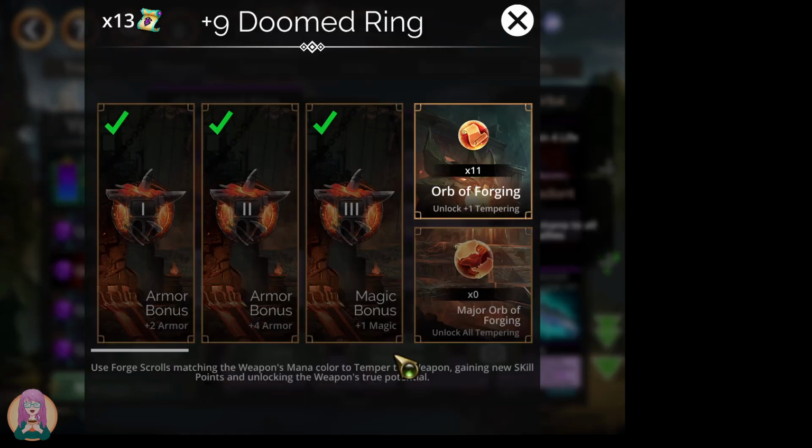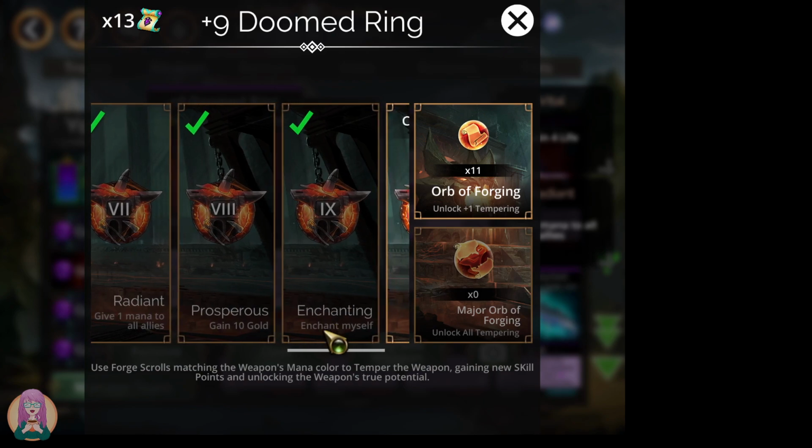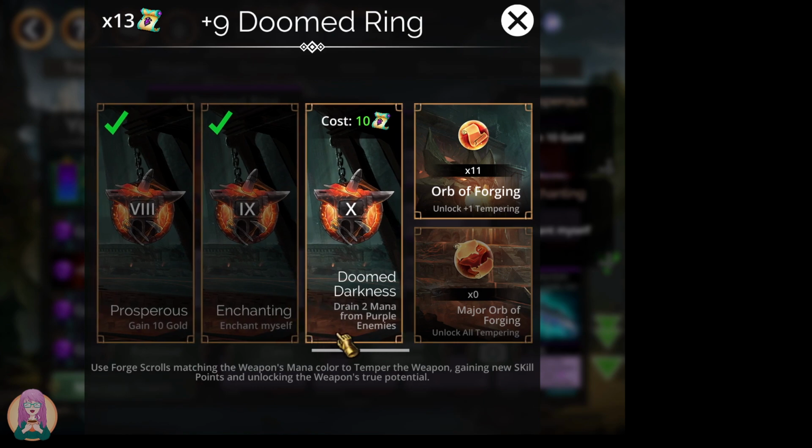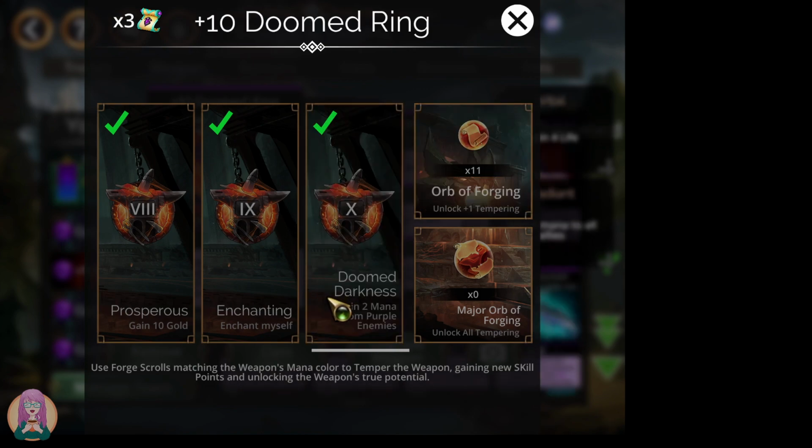But first things first, upgrades. I've already mentioned it's self-enchants. And then as far as the rest of it goes, drain 2 mana from purple enemies. I am going to go ahead and do this simply because it's a magic kingdom and I need the weapon to get my power level up. You know, I've got Orbs of Forging. It is really hard when you...